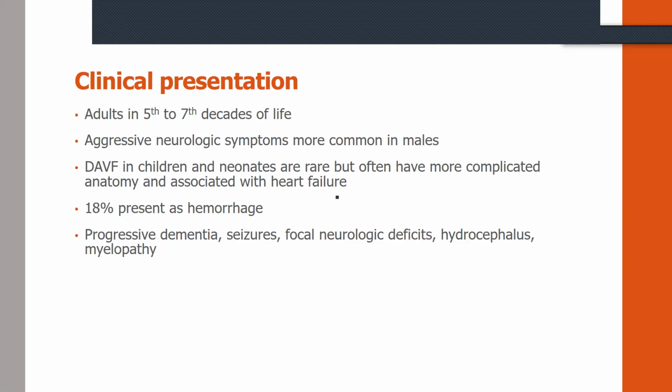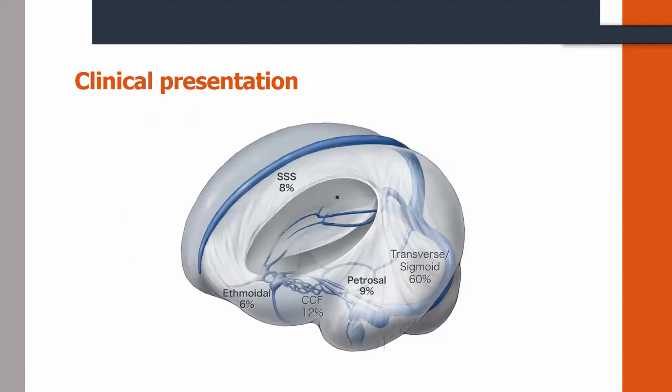They do happen in children and neonates, but they're very rare. And when they do happen in kids, these pathologies are very complicated. They can happen anywhere throughout the dural lining of the brain, but the most common location, as you can see from this picture, is the transverse sigmoid sinus. The fistulas in that location produce the classic tinnitus symptoms because the fistulization is happening in the area behind the ear, and that noise, that pulsation, actually conducts through the petrous bone, and that's why people have these symptoms that they do. But other locations can be the petrosal region,